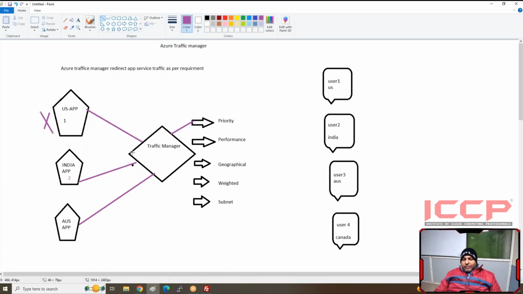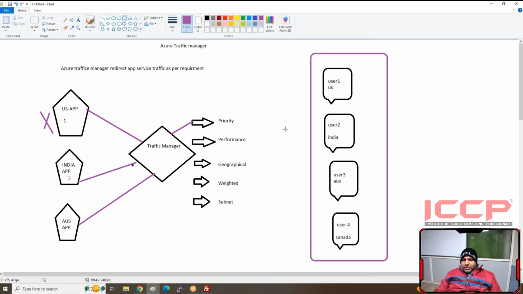So basically the traffic manager redirects the traffic to different locations as per the requirement, कि आपको परफॉर्मेंस बेस्ड रखना है, कि आपका जो भी ट्रैफिक है आप किस टाइप का इंफ्रास्ट्रक्चर बनाना चाहते हैं, आप कंट्री वाइज मैपिंग करना चाहते हैं, या you can use priority wise मैपिंग करना चाहते हैं, या परफॉर्मेंस वाइज मैपिंग करना चाहते हैं। तो वो सारी की सारी आप मैपिंग कर सकते हैं अपने इंटायर इंफ्रास्ट्रक्चर के अंदर। थैंक यू गाइस।